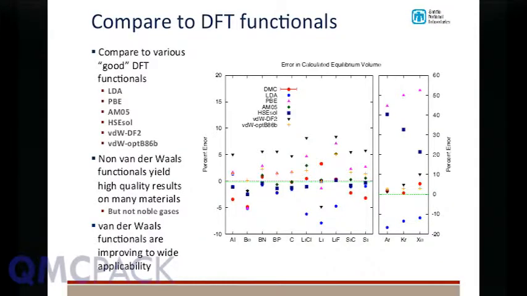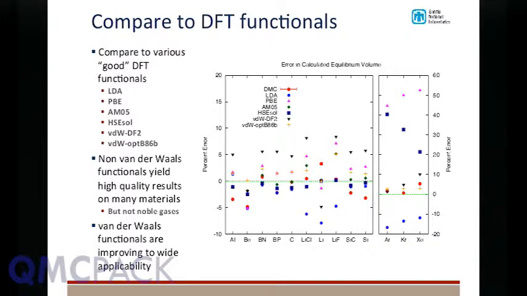The bulk modulus was similarly quite good. Now the interesting question in terms of whether we are ready to apply diffusion Monte Carlo to a bunch of solids, I think, is comparing to the performance of the available density functionals. So here I'm showing the percent error in the calculated equilibrium volume of a host of density functionals